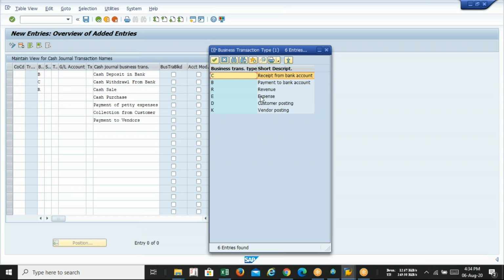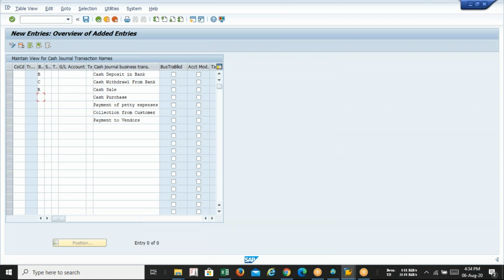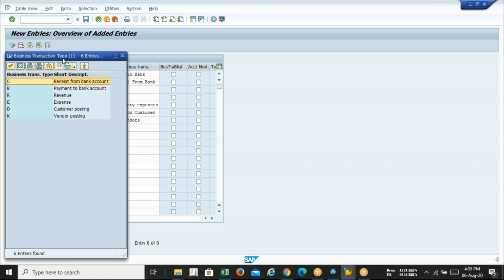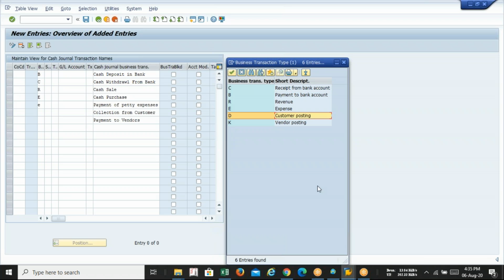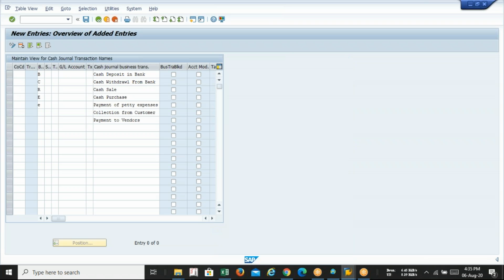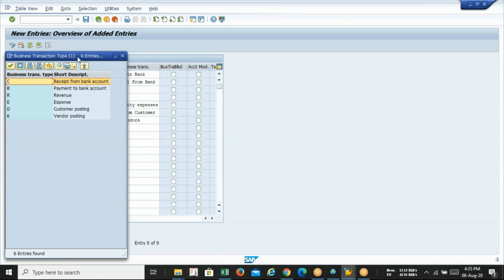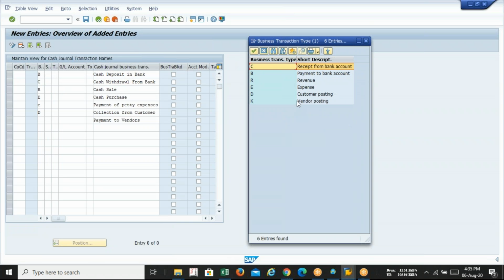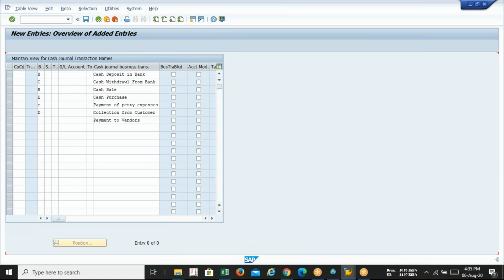Petty expenses is also a part of expenses transaction. Now collection from customer. The default is also there. Customer posting, so D, and vendor posting will be K. So A, D, E, K, these are all the defaults by SAP. So you have to assign.